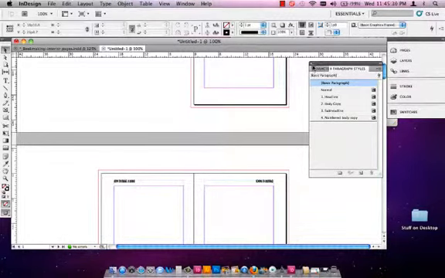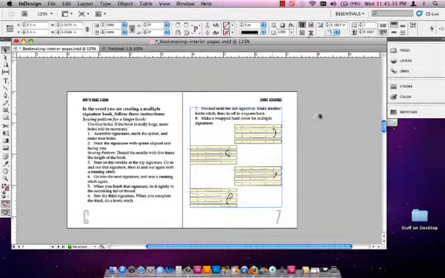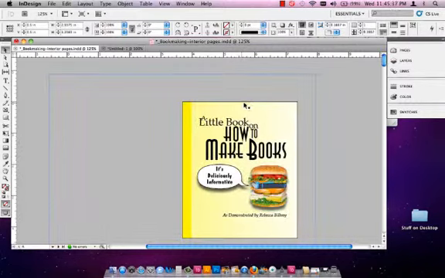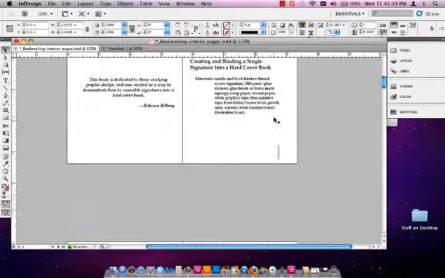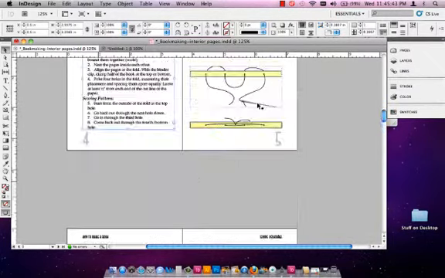Close that. Now, originally, let me show you my original document. Okay, we're doing a little book on how to make books. This is the finished product as far as the digital document goes. So this is the project I'm working